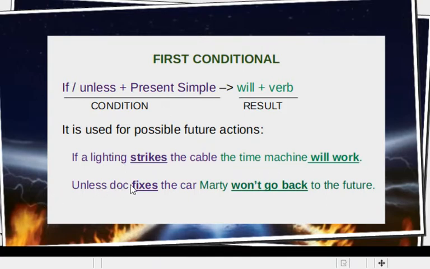Or unless, if we use unless: Doc fixes the car, Marty won't go back to the future. So this is the first condition, used for possible future actions that are quite likely to happen if the condition is met. The second one,